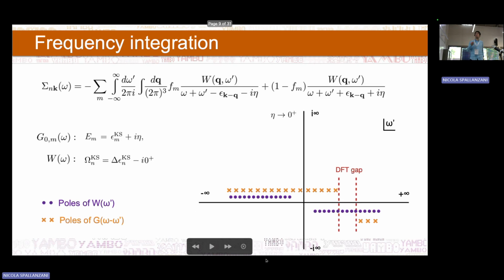And indeed, when we want to solve the self-energy, you will have a lot of poles, the poles of the propagator and all the poles of the screened potential. And this is the integral you should solve over frequency. And okay, Professor Gavoni before showed you a way to solve this through analytic continuation, with integration using Cauchy's theorem. There is another way to solve this numerically,